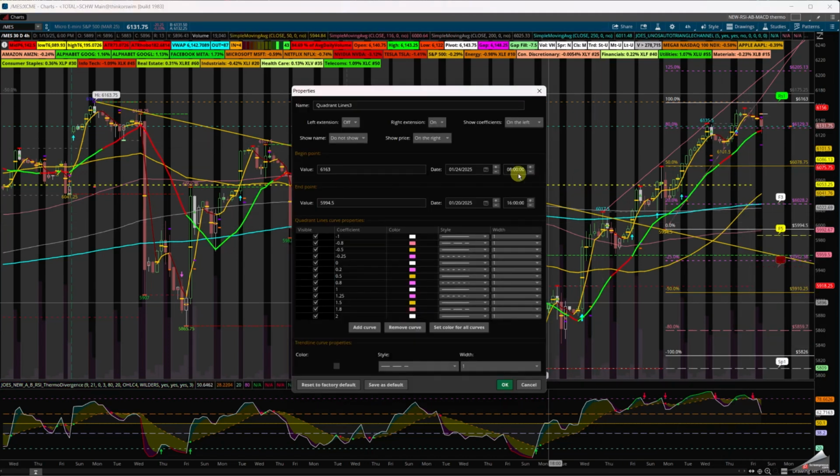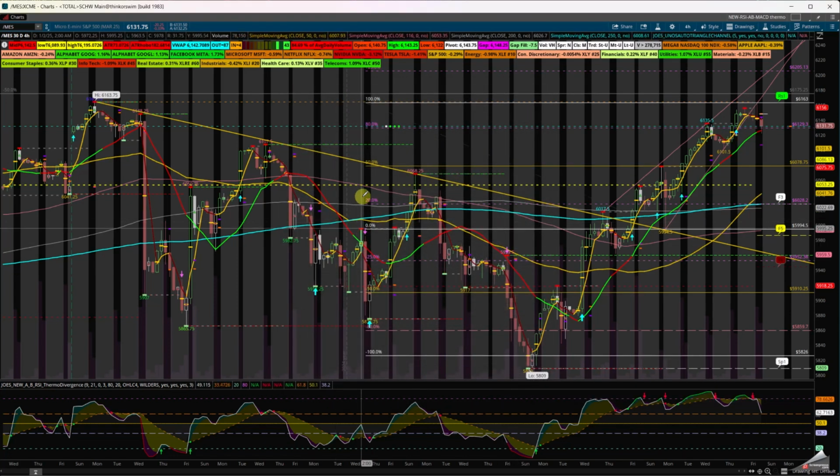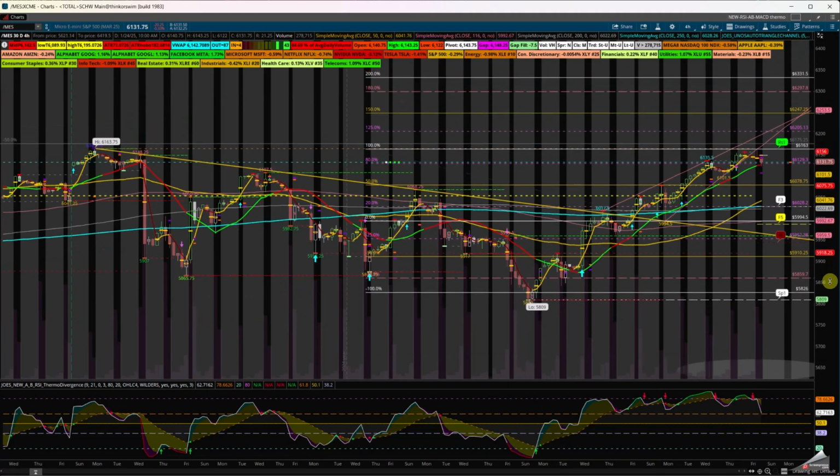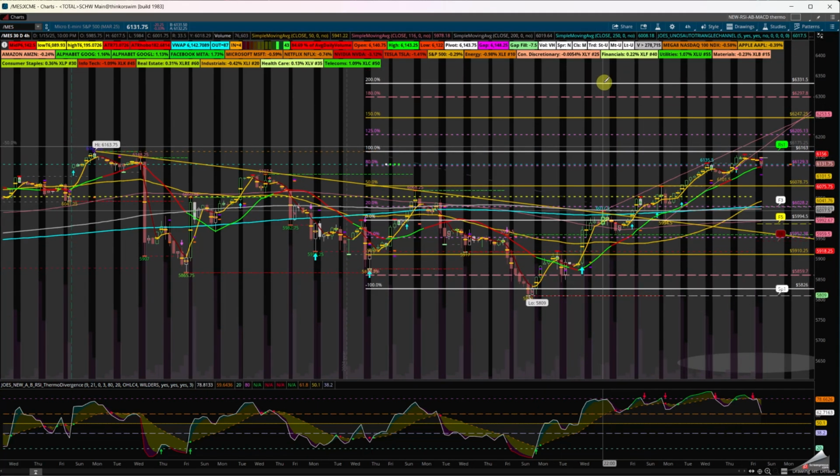I'm going to edit the property. I can extend it all the way back to the beginning of the month. So I can go back 30 days and I can just put 2. And if I push OK, it's going to take it back to the beginning of the month, where it's going to show me the highs and lows and the extensions to the top as well as the extensions to the bottom, in case we do retrace to the 50 SMA in this large consolidation. And the top extensions are at the same time, to the upside.